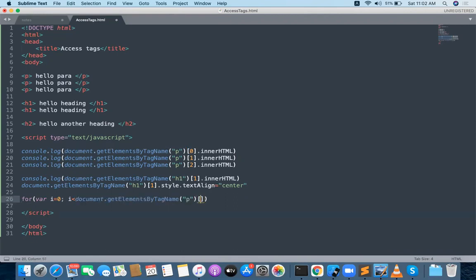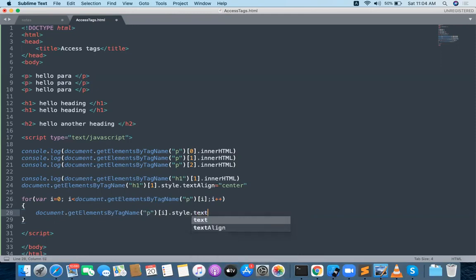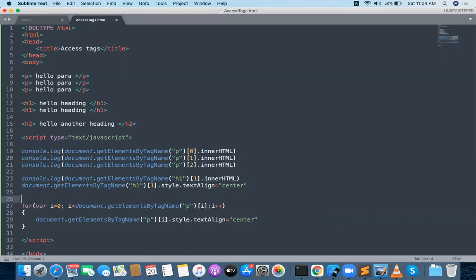Now i is the index, then i plus plus. What is happening now? Document dot get elements by tag name of P of i, for each and every paragraph dot style dot text align equal to center. So at the same time for all the paragraphs, I want to make the text align center.